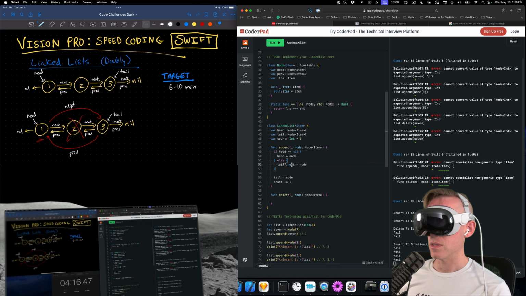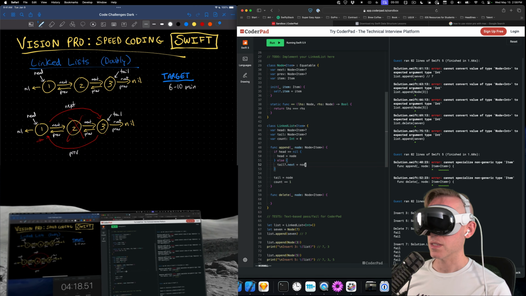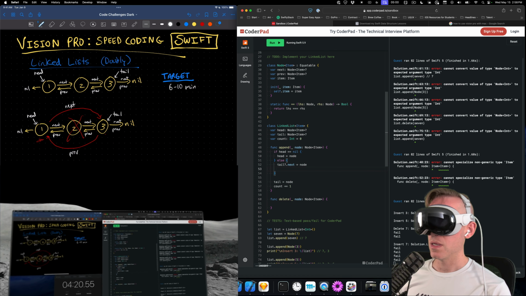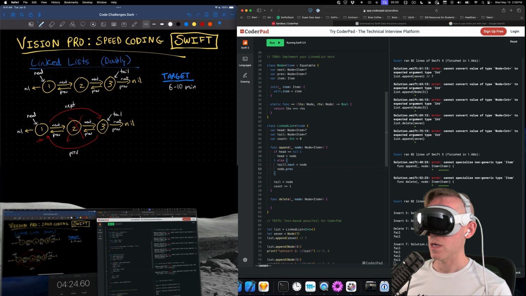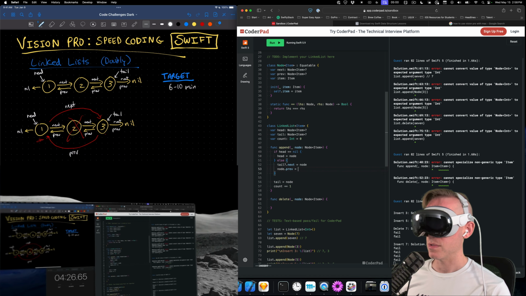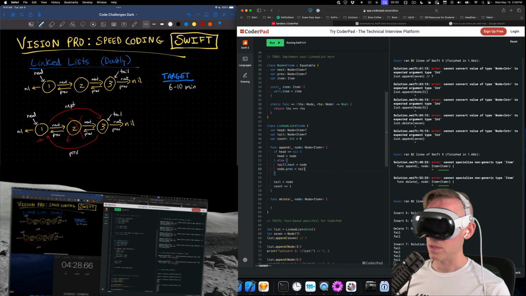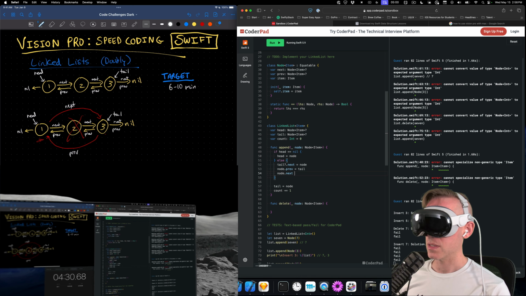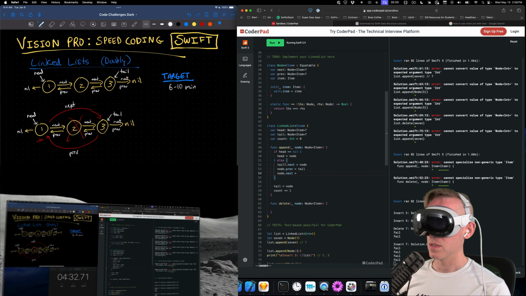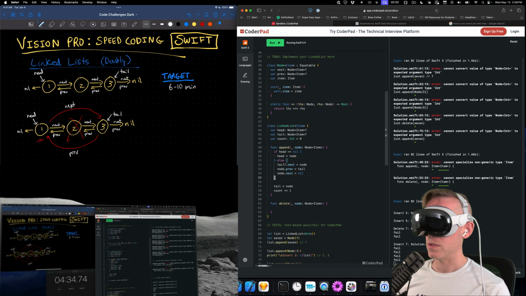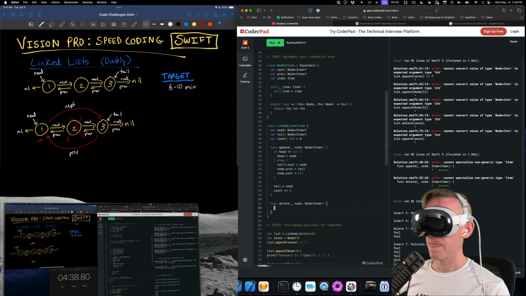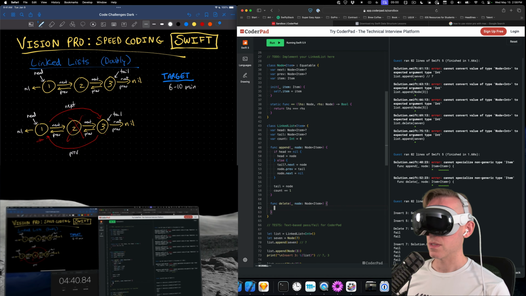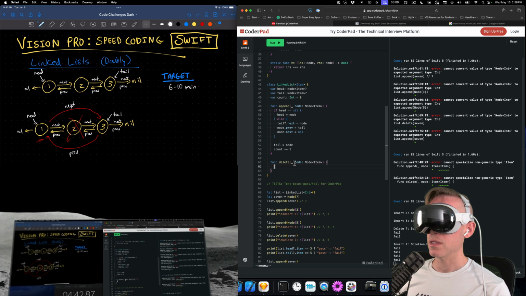Tail is always the node at the end, but tail.next gets set to the next node, and then node.previous. Now this is not an optional, so I keep messing up the optional types here. Previous is equal to tail, and then node.next is equal to nil. Clear that out, because otherwise you can run into cycles, which aren't good with linked lists. All right, so then to delete,